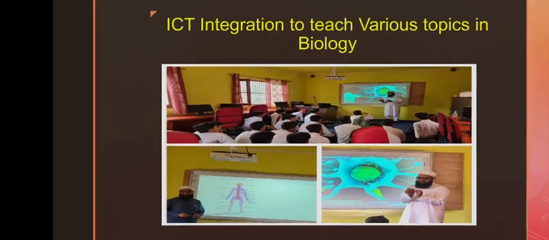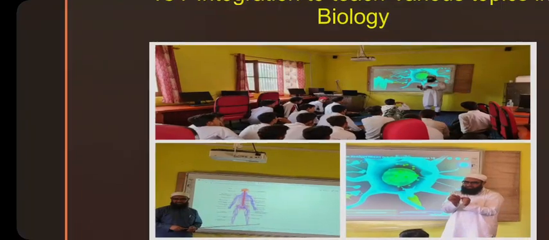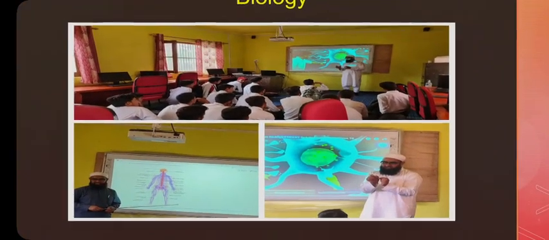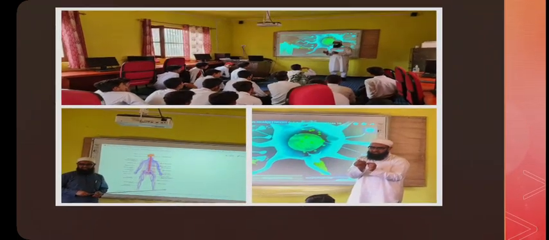This on your screen is the topic of nervous system. You can see, we can show the image of the nervous system to students. It depicts different types of nerves: sensory nerves, motor nerves, relay neurons. These are multicolored. They can remember, they can analyze these things. You can see, after showing this full diagram to the students,